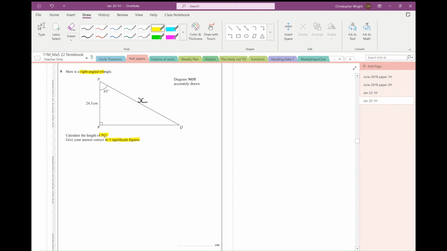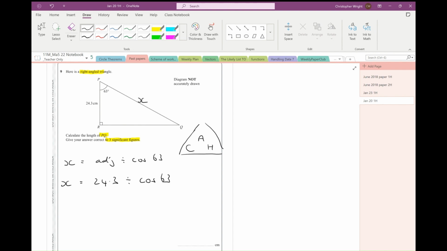Right, well, I don't know 3 sides, so I'm going to use trigonometry here. I'm going to use cos. Here we go. And in this case here, I'm finding the hypotenuse. So the hypotenuse x is going to be the adjacent divided by cos 63. So the hypotenuse x is going to be 24.3 divided by cos 63. So 24.3 divided by cos 63 equals, and that gives me